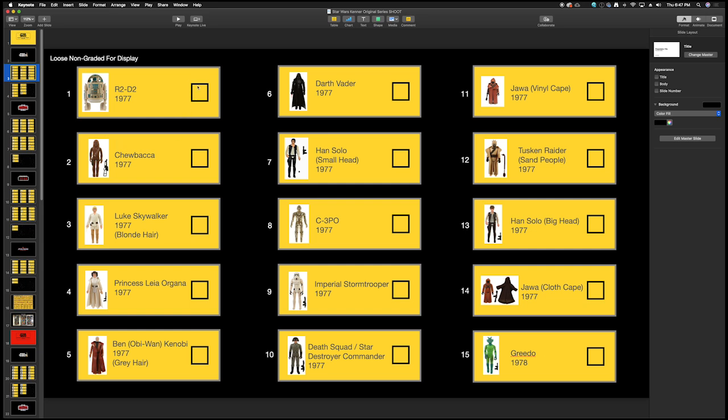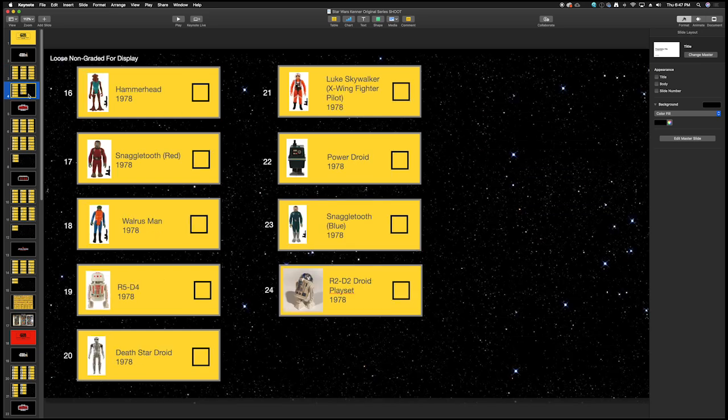So right now what we're going to do is when we get it, we're going to mark this with a green check or a green box mark. And I'm going to put how much I paid for it. So once I start buying, that'll start getting filled out. The next list, it's just a hammerhead, but this is interesting here. There's a snaggletooth